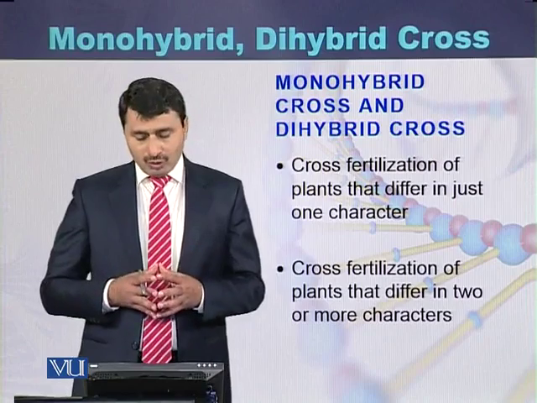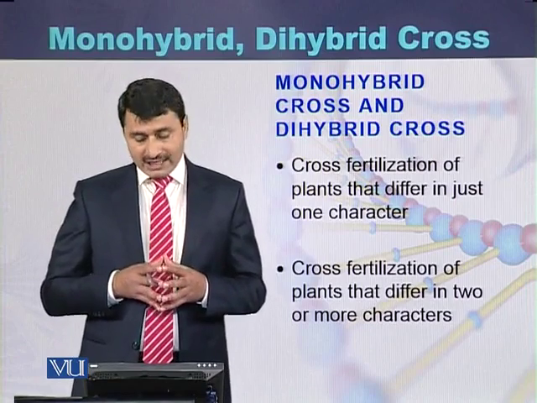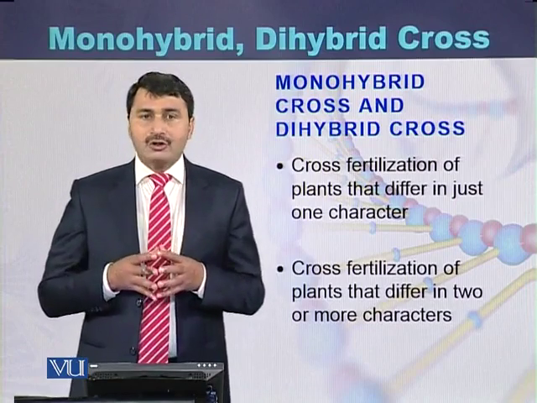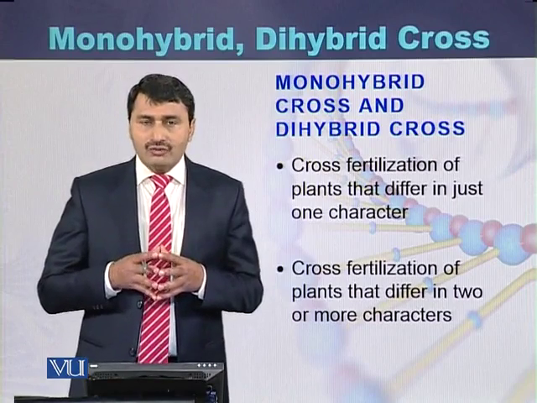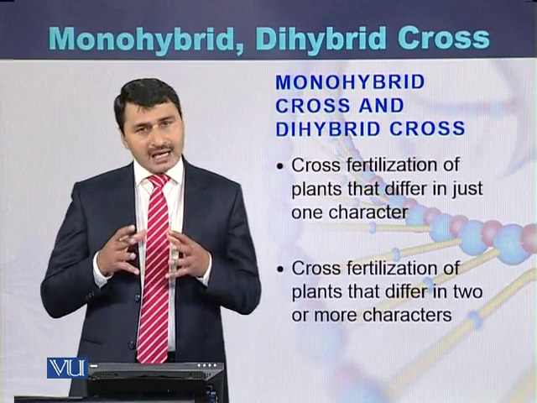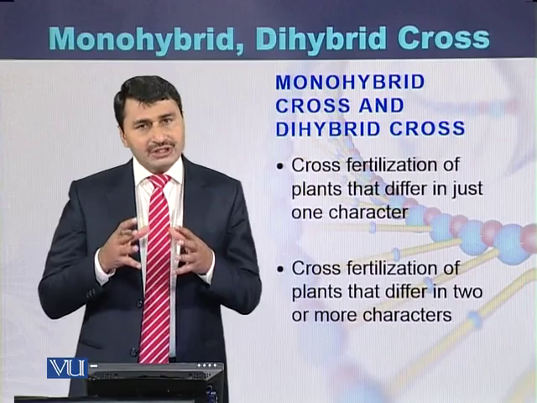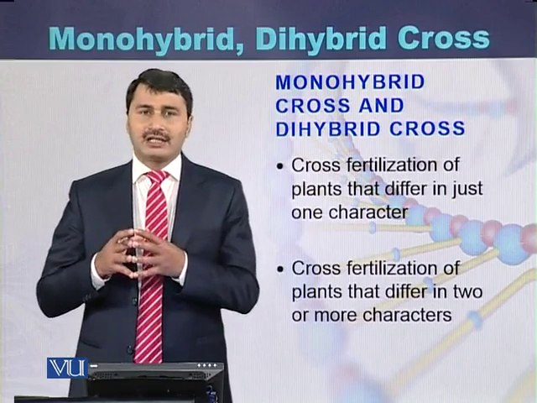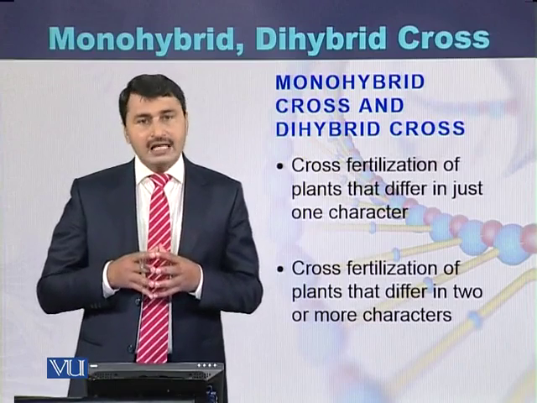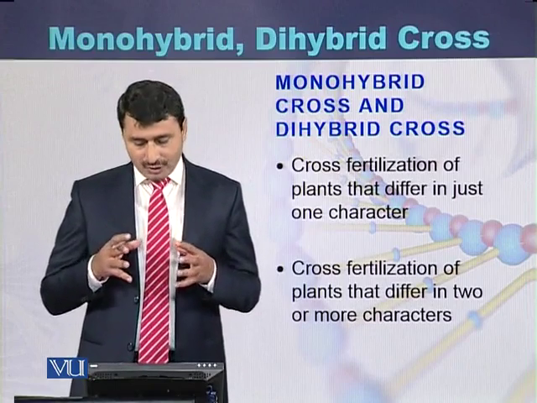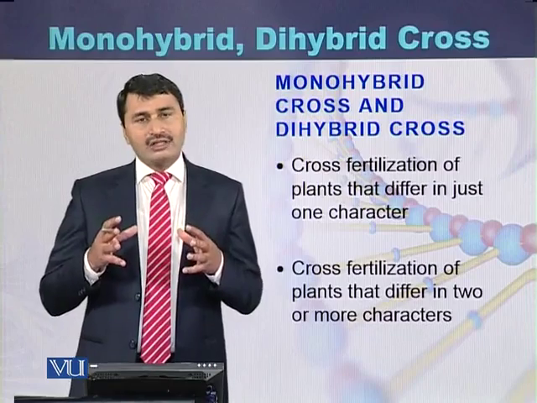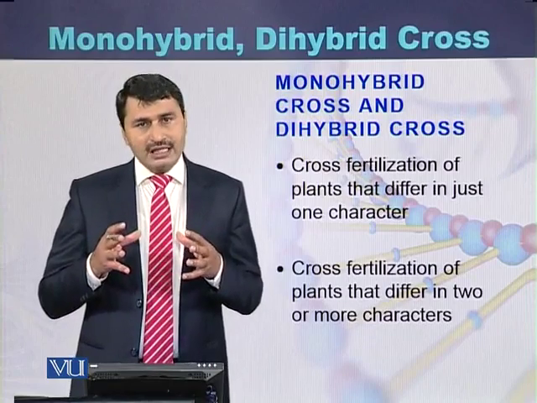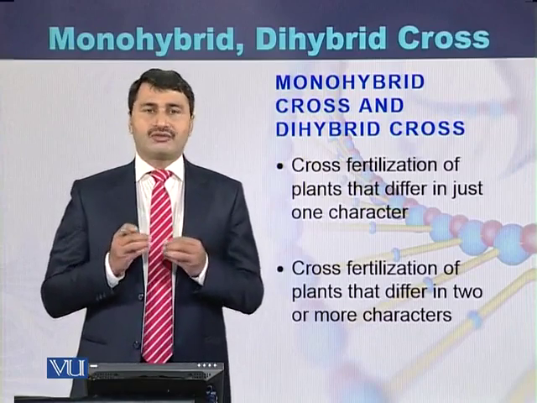So if we conclude on the monohybrid cross and dihybrid cross, the monohybrid cross is the cross fertilization of plants that differ in just one character, like purple color and white color of the flowers. While the dihybrid cross is the cross fertilization of plants that differ in two different characters,